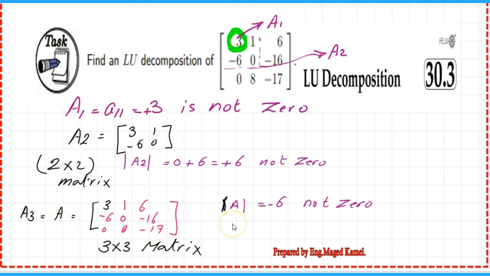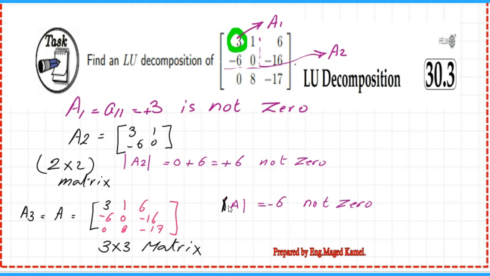We get the determinant value for that matrix, and we find that it is minus 6, which is not 0. Since all three submatrices have non-zero determinant values, we can proceed to get the LU values